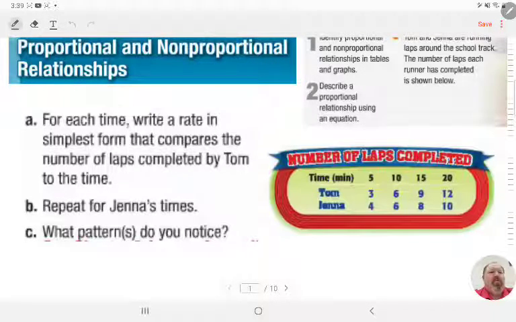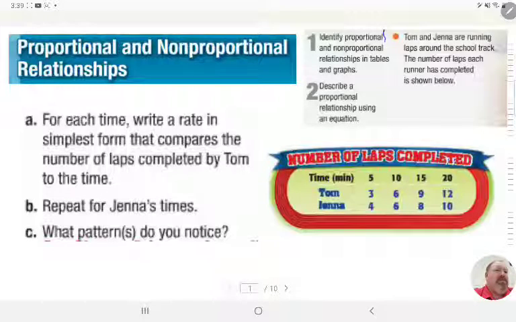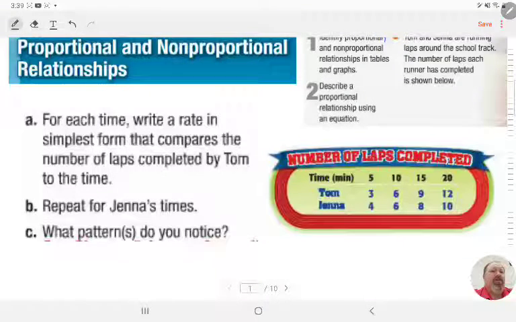Okay, let's talk about proportional and non-proportional relationships. It says, Tom and Jenna are running laps around the school track. The number of laps each runner has completed is shown below. They want to know, write a rate in simplest form that compares the number of laps completed by Tom in time. So we have time and we have Tom's laps. So we would have